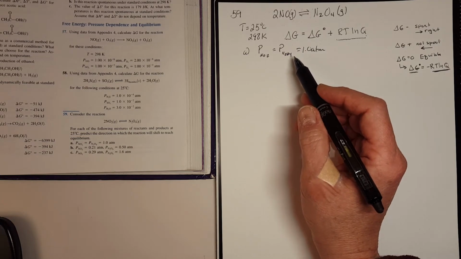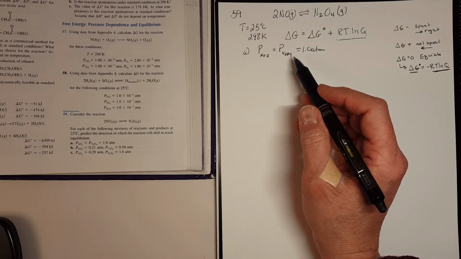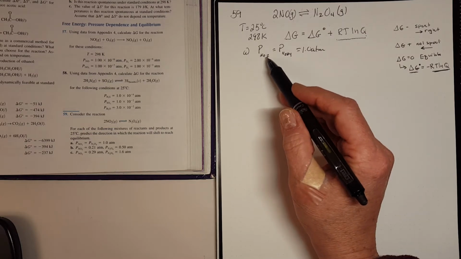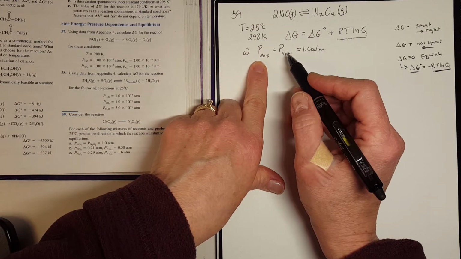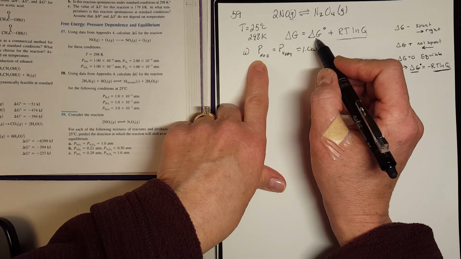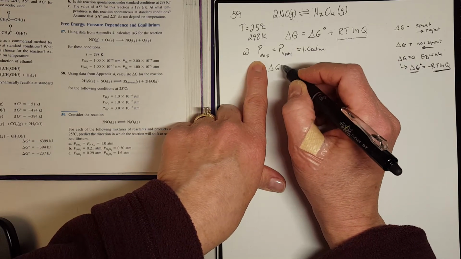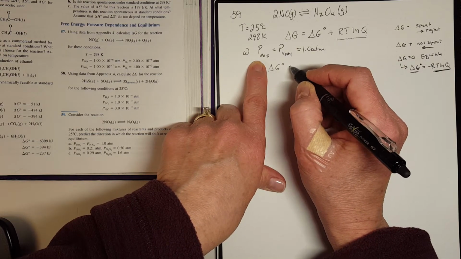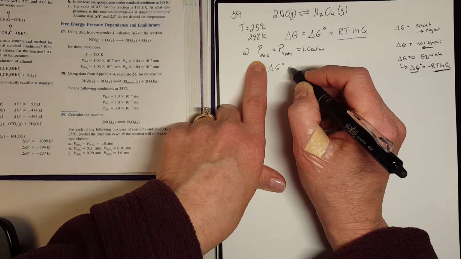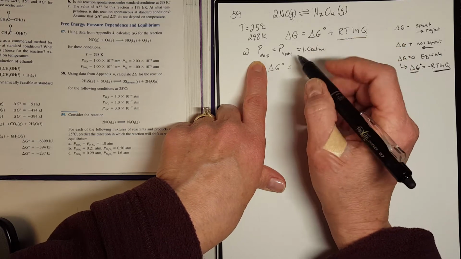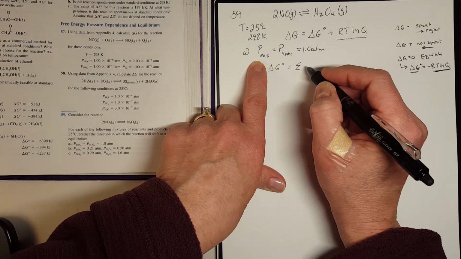Okay, so we're going to look at the first one. So we're going to just start to plug in here. So the first thing I need is my delta G at standard state. So I'm going to look in Appendix 4, and in Appendix 4, I can get the numbers to plug in here